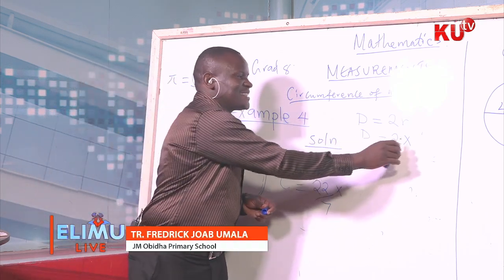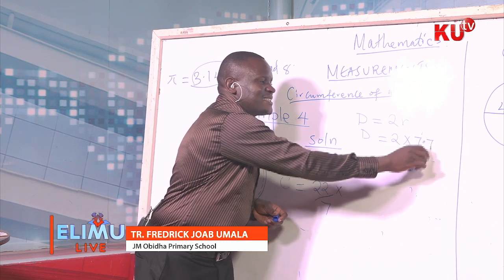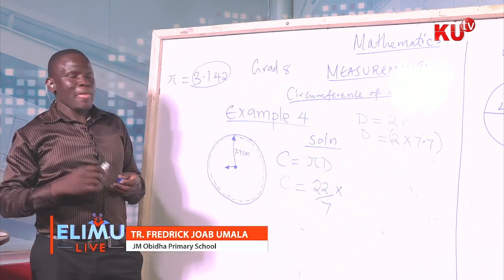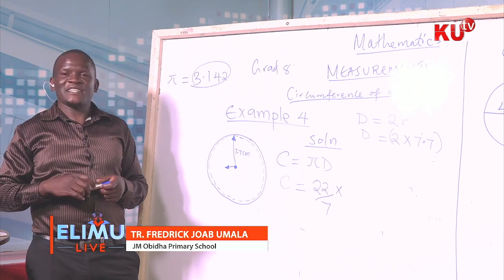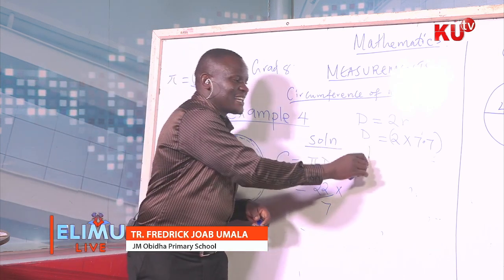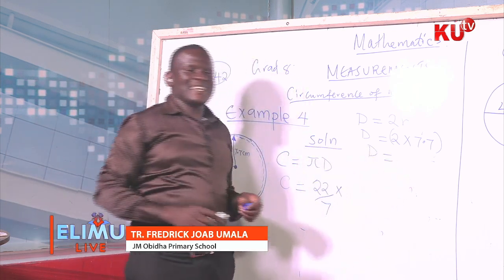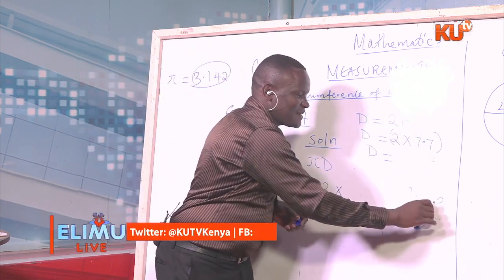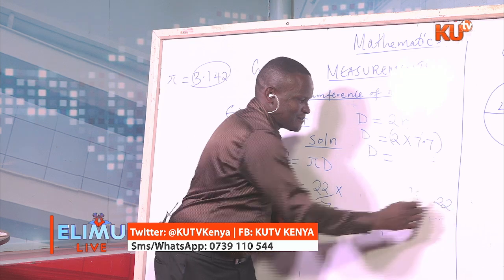So our radius is 7.7. When we multiply 7.7 by 2, we shall get our diameter as, let's work it out,